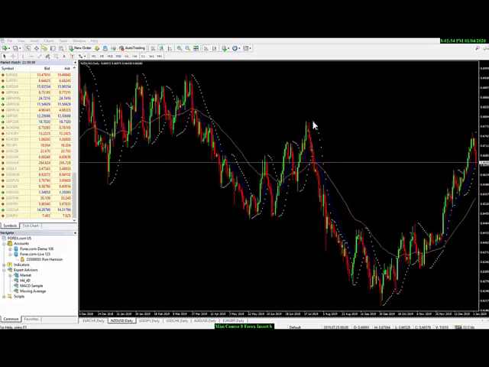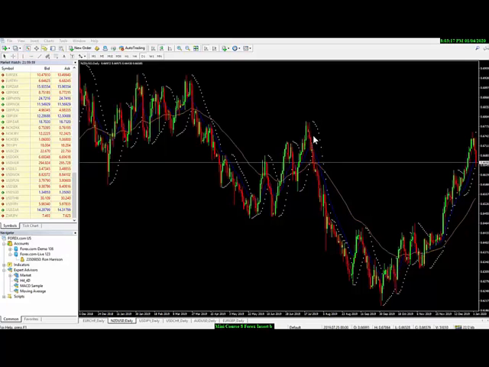When the dots are above the candles, that's an indication to sell or to go short. When the dots are below the candles, that's an indication to be long, whatever it is you're looking at. So when you enter a trade, let's say we entered the trade to go short on this movement